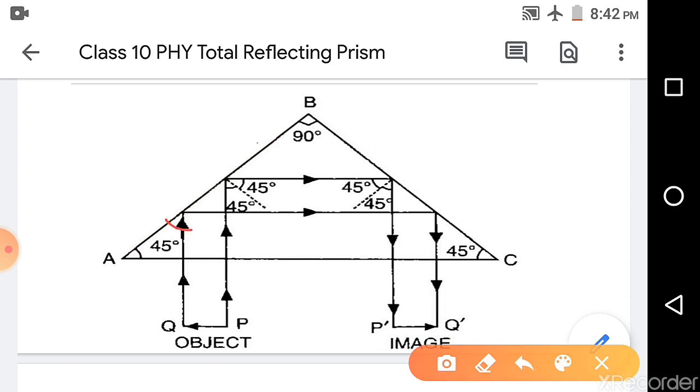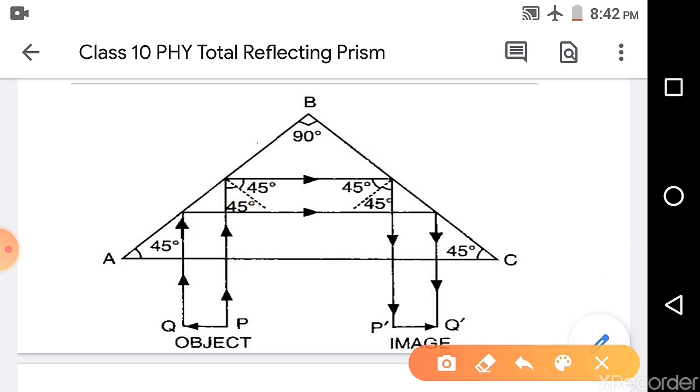Now we will find why this angle is 45 degrees. That means the angle of incidence here is 45 degrees. This angle, as mentioned here, is 45 degrees. That means this light ray makes an angle with the normal of 45 degrees, and this light ray also. So see how it is 45 degrees. If you consider this triangle only, this is 45 degrees and the light ray is incident normally, so this angle is 90 degrees, so the remaining angle will be 45 degrees. Now if the normal is drawn here, then this angle is 45 degrees and the normal is a total of 90 degrees. So this angle must be 45 degrees. So this is given here that this angle is 45 degrees.